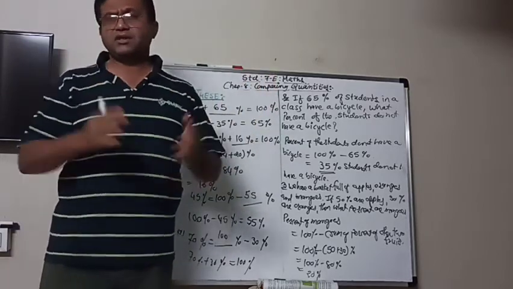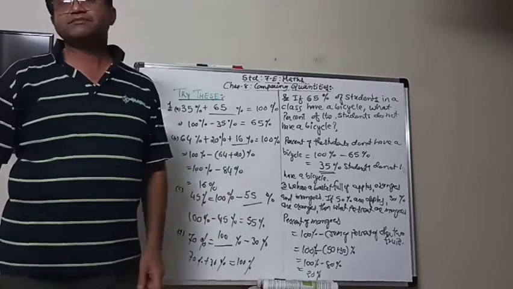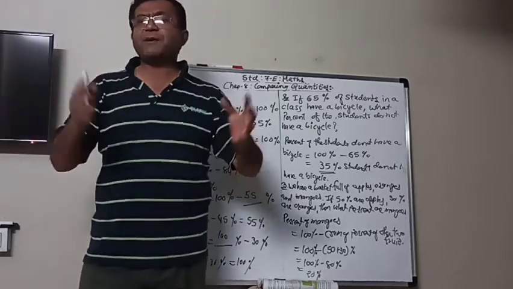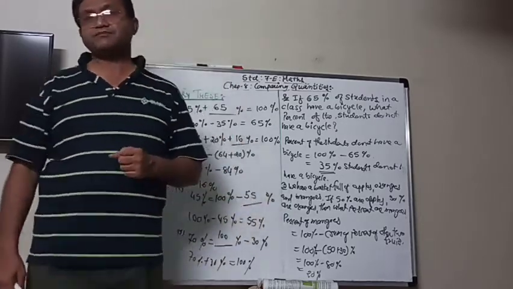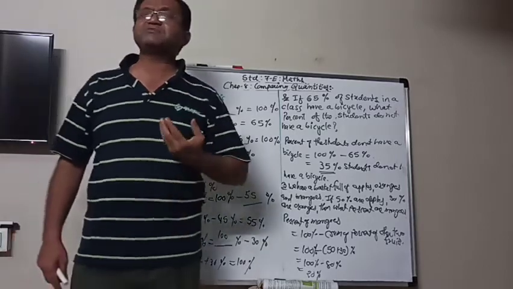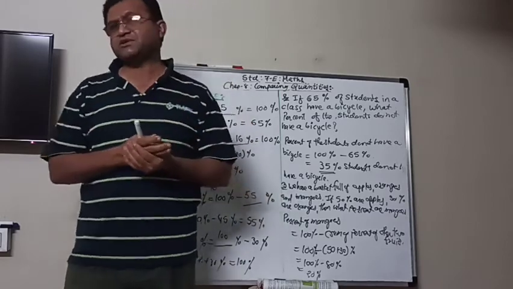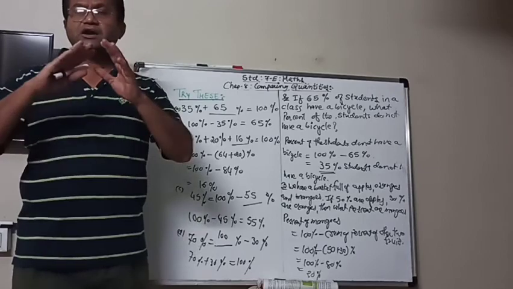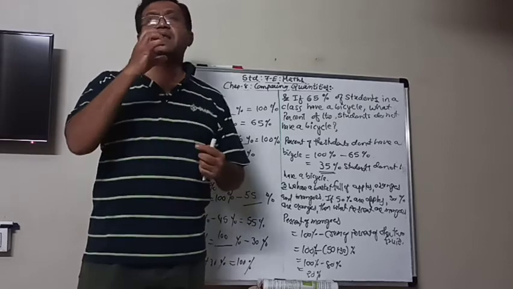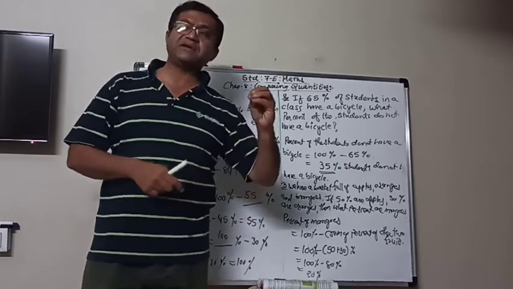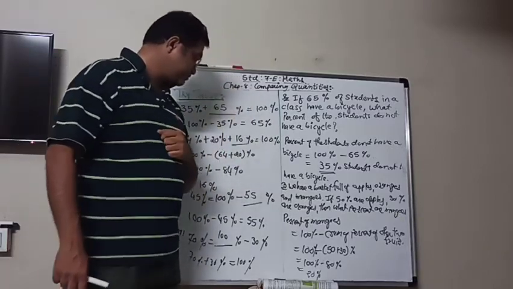So, when we add the parts of the whole, it makes a whole. Similarly, the percentages of the parts of the whole, when we add them, also give 100%. So, if one of the parts is missing, then we can get the value of that percent by subtracting the total given from the 100, and then we get the percentage of the one remaining part, like we did in this. Try this.